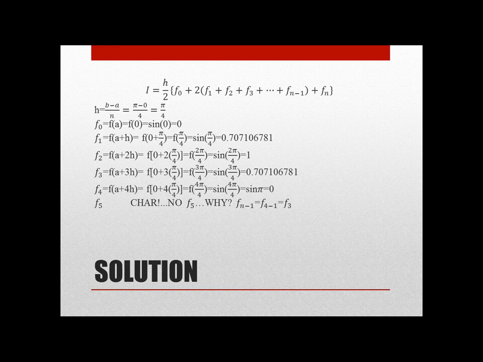So, minus 1, 3. That means only up to f3 is inside the parenthesis, while the fn is already our f4. That's why this 0 here, this f4, is already our fn. So, our calculation only goes up to there. Got it? So, therefore, way back from